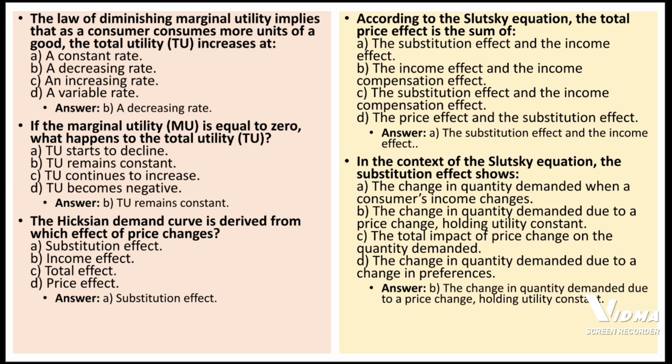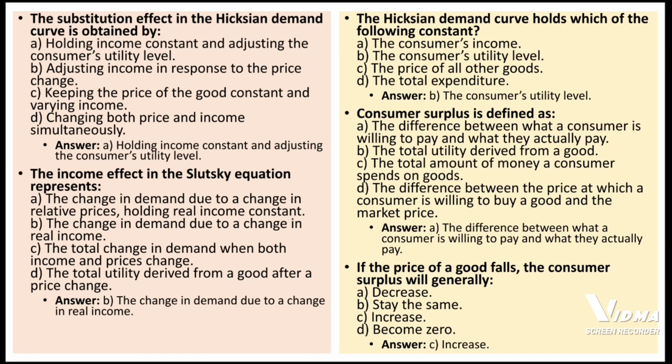According to the Slutsky equation, the total price effect is the sum of: answer is A, substitution effect and the income effect. In the context of the Slutsky equation, the substitution effect shows: answer is B, the change in quantity demanded due to price change holding utility constant. The substitution effect in the Hicksian demand curve is obtained by: answer is A, holding income constant and adjusting the consumer utility level. The income effect in the Slutsky equation represents: answer is B, the change in demand due to change